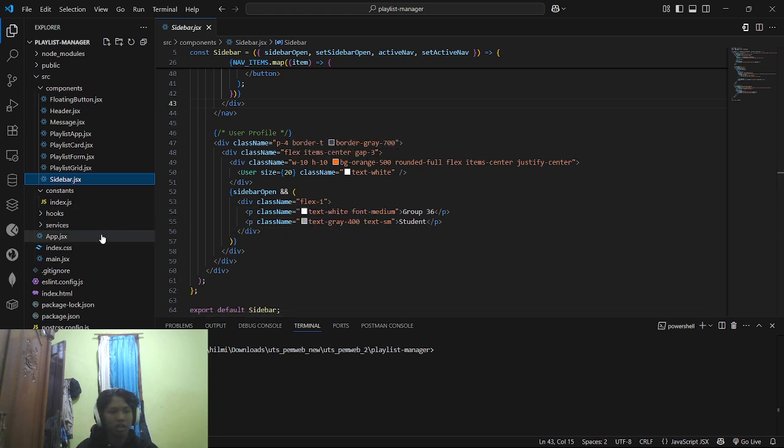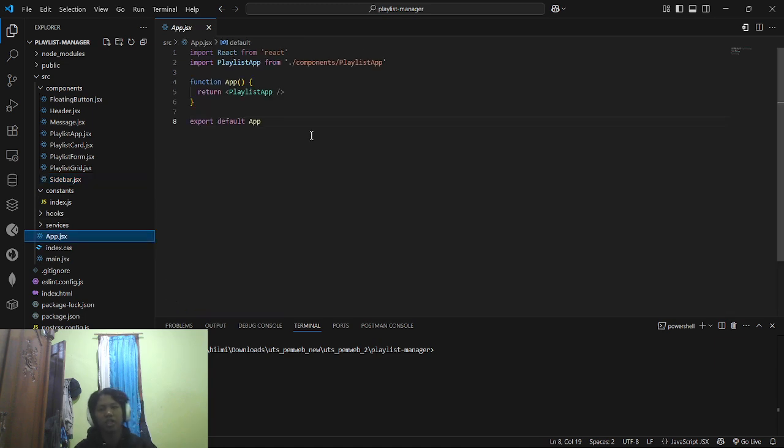So the last is app.jsx. First import the React from the React again to use the JSX, and then we import the playlist app from the components folder, and then the app function is the main component rendered by React DOM, and this component simply renders the playlist app component.